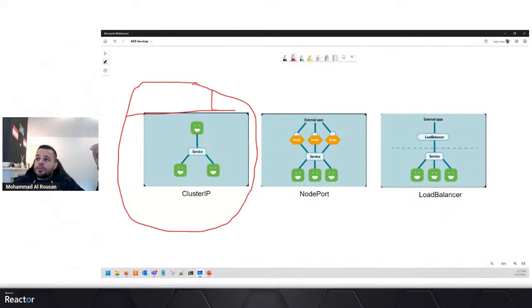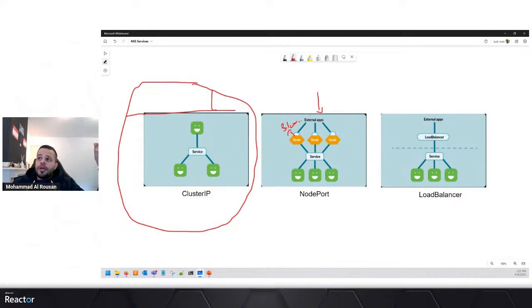Node port, see the traffic will come from external. It will go to the node because here you have a port exposed or open on the node, like 31,000. And the port is open in each node. So when you scale, when you add more nodes, automatically the port will be opened in each node.